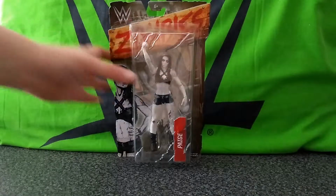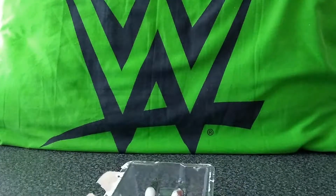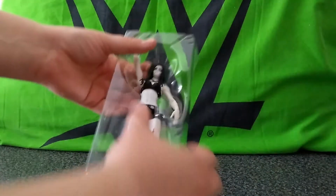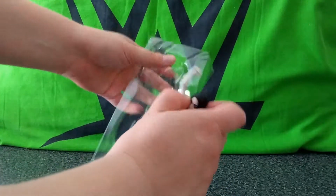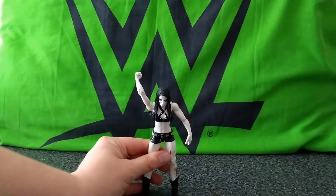So the back of the Paige packaging is in slightly better condition, but again, doesn't really matter because we're opening that up. No subtlety here. Let's pop Paige out. I think it's almost quite timely, opening Zombie Paige, what with her apparently coming back to the WWE rather soon, considering how everybody thought her career was no doubt dead with them. So,